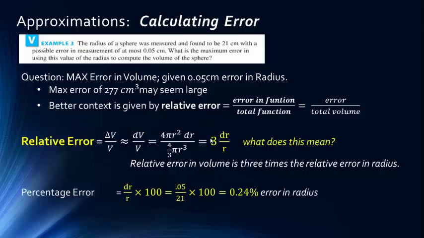So if I want a percentage error, I just take that ratio and multiply it by 100. So I use my maximum error, dr over r times 100, and I get 0.05 over 21, which are both givens in the problem, times 100. And so I have a 0.24% error in radius. Okay? And if I use that, then I have a 72% error, potential error